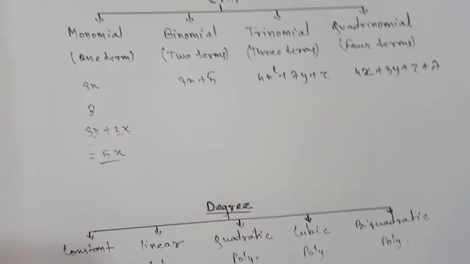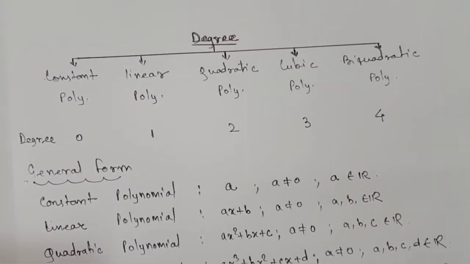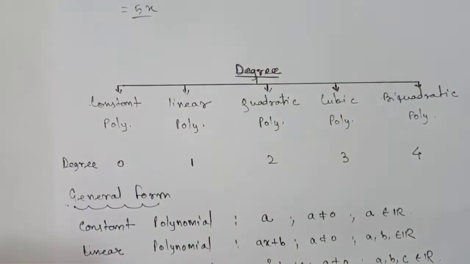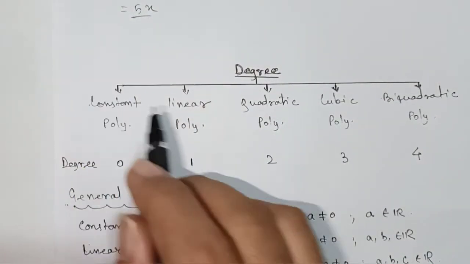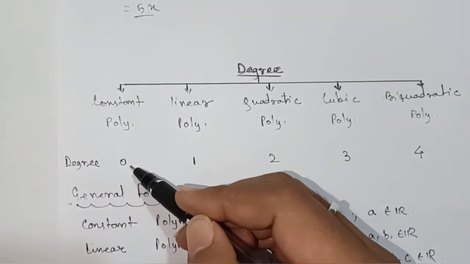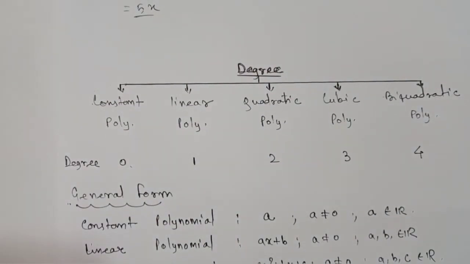Now, on the basis of your degree, we have types, that is constant polynomial. Oh, I forgot one more thing. Because the degree starts with 0, remember there's the zero polynomial also. The zero polynomial example is only 0, and the degree of the zero polynomial is not defined. Remember that one. So why is the degree of the zero polynomial not defined?